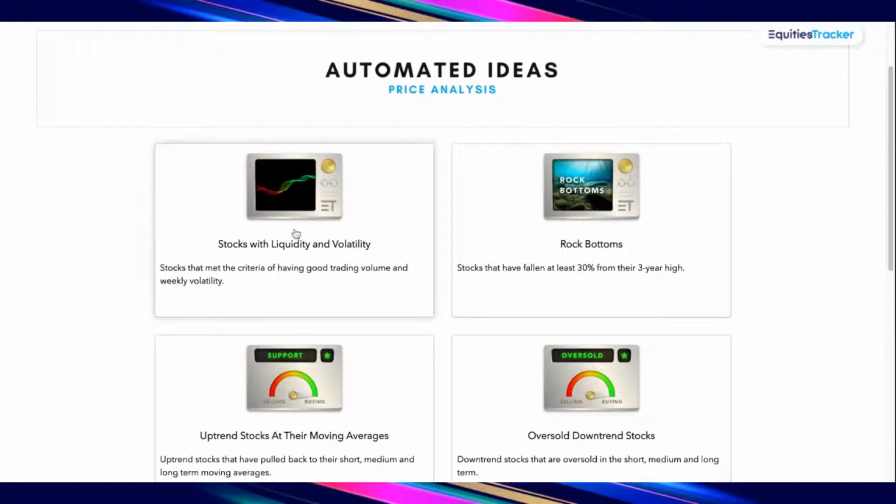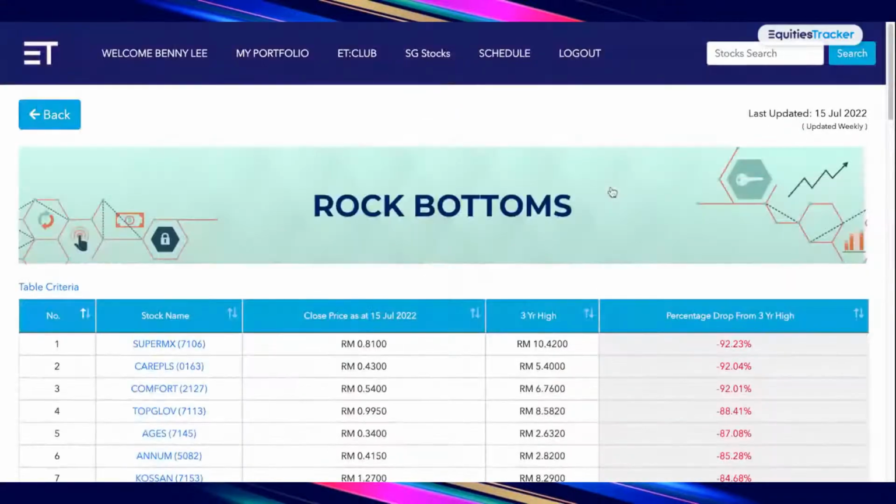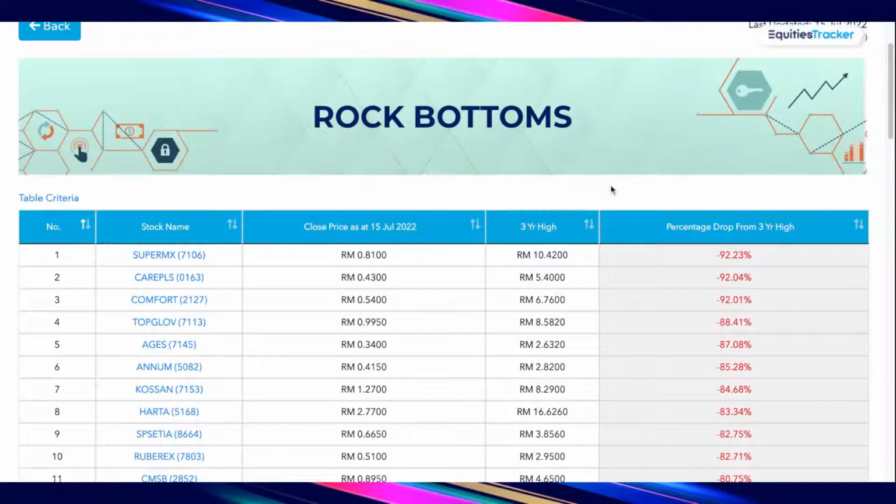This is basically looking for stocks that have movements and volume for trading purposes. All right. Then we also have these rock bottoms. We also filter out stocks that actually fell more than 30% from the 3-year high. So from the highest level in 3 years, you can see, for example, in Malaysia over here, you have most